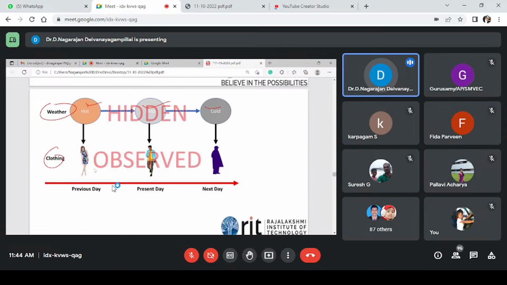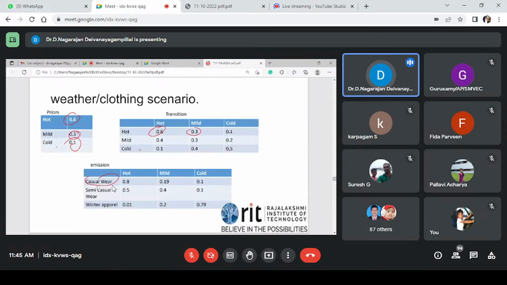The emission probability varies with the observation. So the observations are casual viewer and semi-casual viewer, and in this type of experiment, from the observations, we can find the sequences. So here we have the casual viewer, the semi-casual viewer, and the pure viewer. Then from this data,